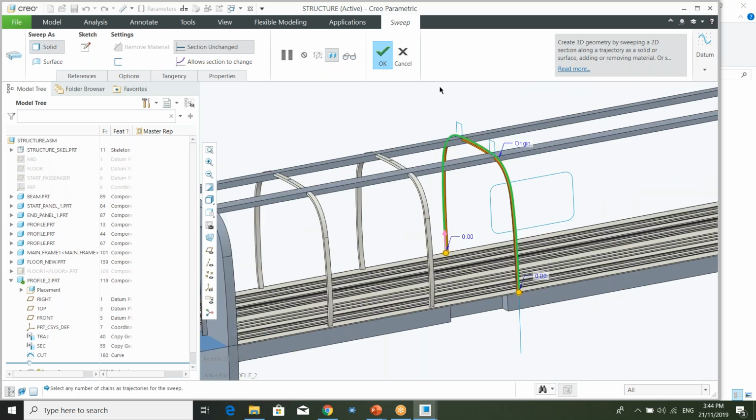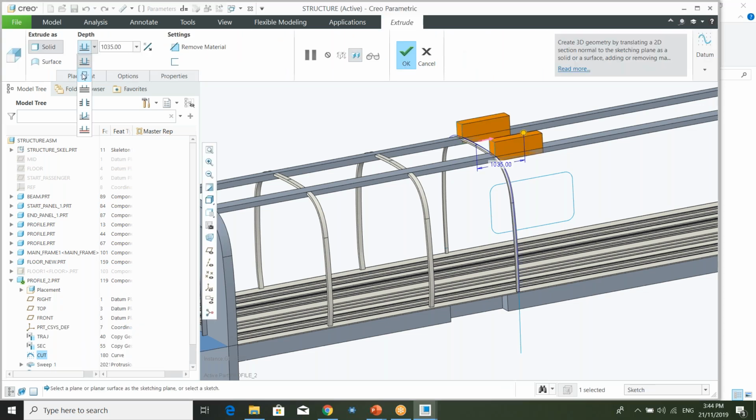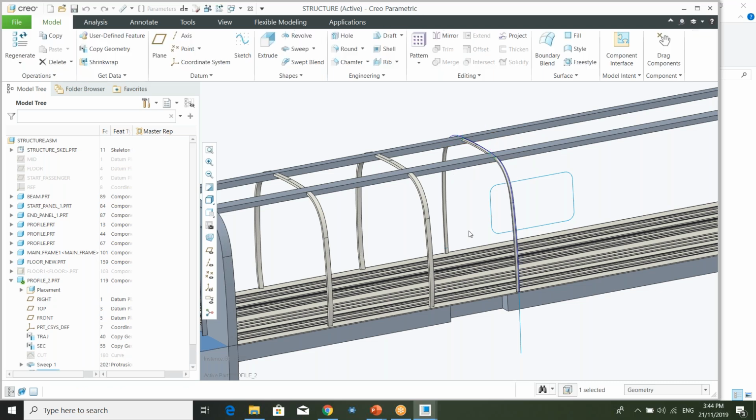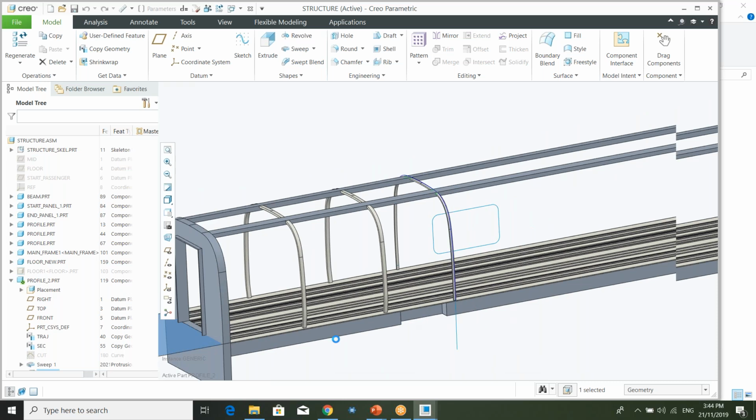I'm going to cut it down, and I'm going to extrude that. You can see both sides, I remove the material, and the structure is completed. So right now I'm going to pattern this, and you see that patterning it